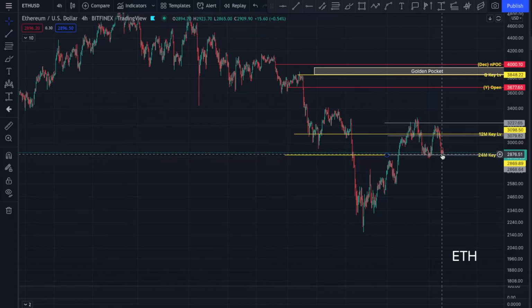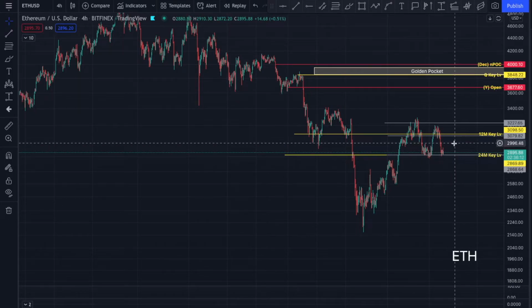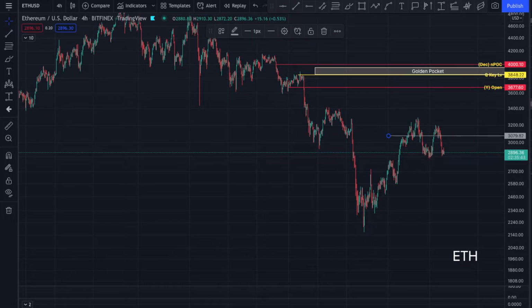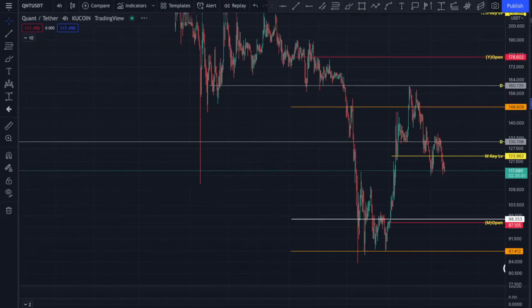And like I said, pay attention to Bitcoin. Obviously, if Bitcoin does fall out to some of these lower levels, then ETH is going to as well. If we get that turnaround, sooner rather than later, out of Bitcoin, then we're probably going to take off from here too. So I just want to point that out for ETH. I've been going over the same ones over and over for the last few days, but I just wanted to show you how these are